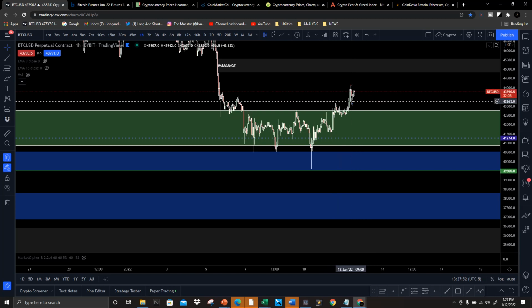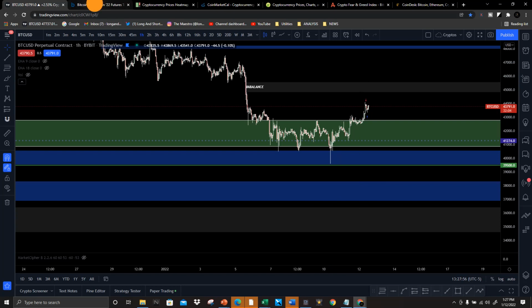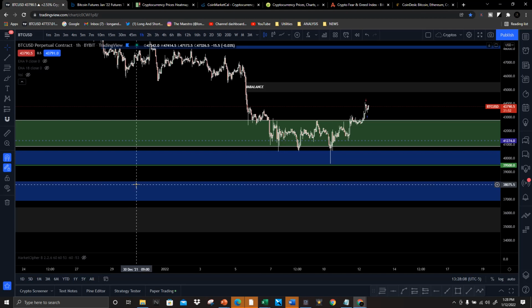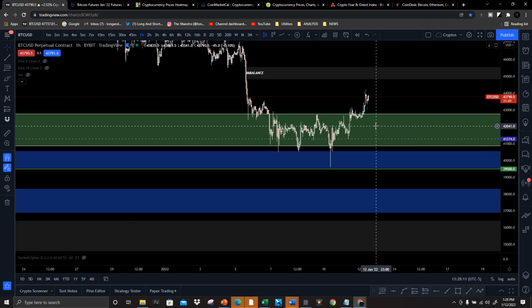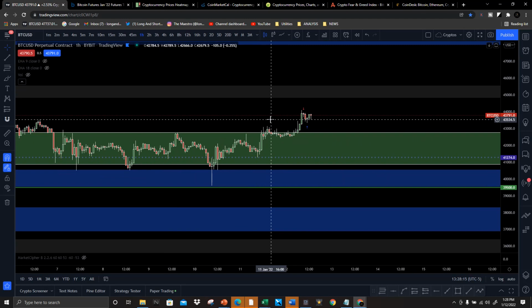Now, why did it break out? What was the catalyst to this? Well, yesterday we mentioned in futures that the open interest was way down. Whenever you have open interest down, the market's consolidating or it's been bearish. That's sort of the perfect storm that you need in order to get a push in price. The retail traders are demoralized. There's no interest in the market for people to take larger positions.